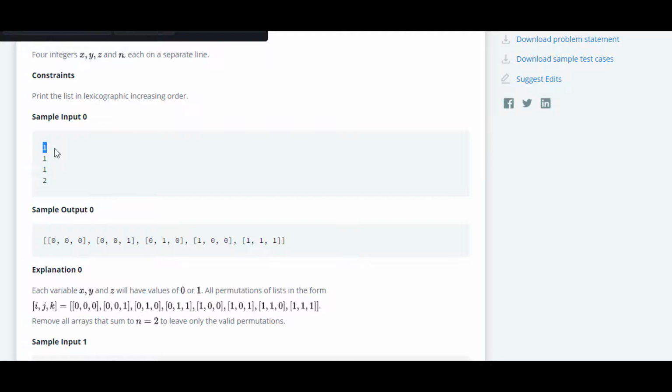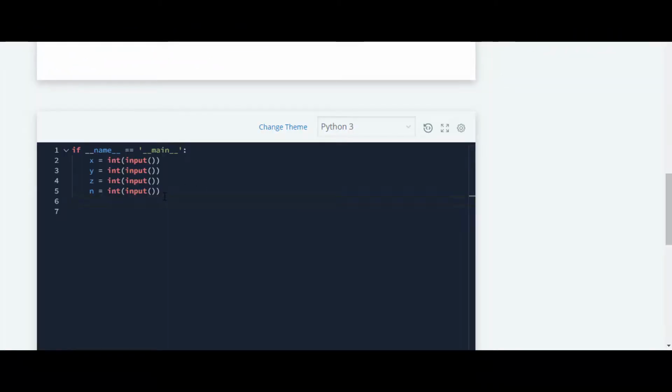If there had been 3, then we should include numbers 0, 1, 2 and 3 in our set. Using the numbers 0 and 1, you have to create all possible combinations. The only condition is that i, j and k, their sum should not be equal to 2. This is the explanation of the sums. We will write code for that.